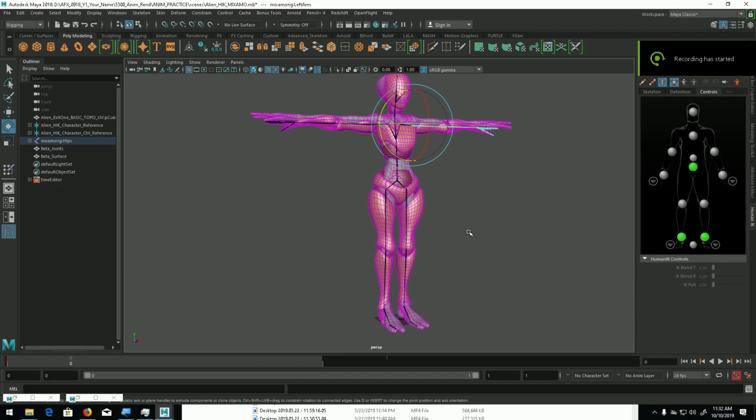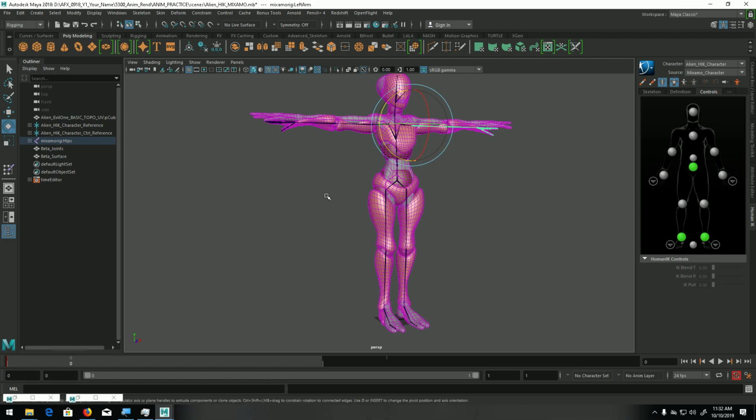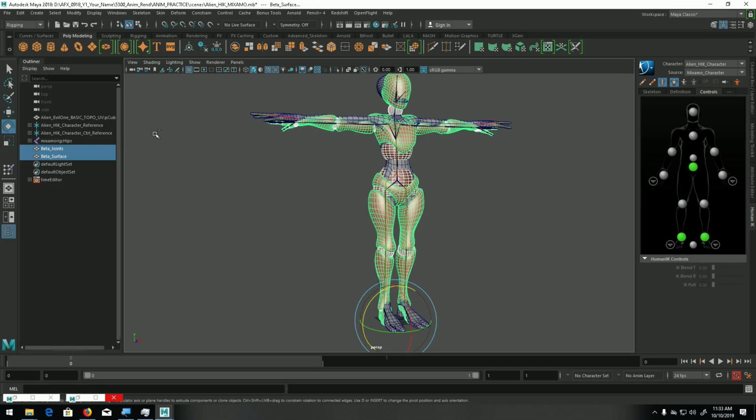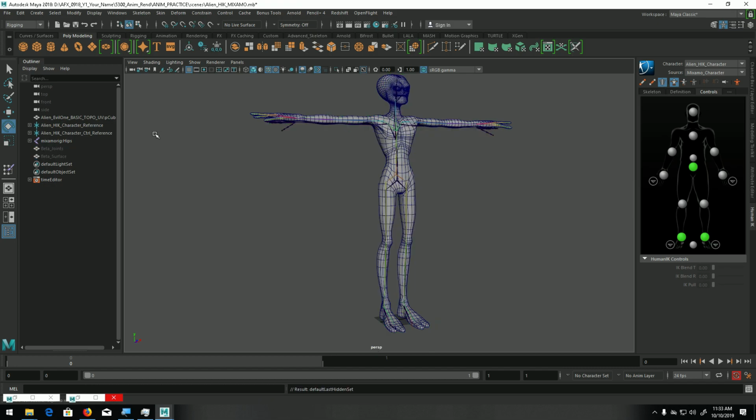Okay, so now we have our alien character rig, controlled by the Mixamo character. Now we'll try to apply the downloaded animations to the Mixamo character, and hopefully it will drive the alien rig. For this purpose I will select and hide the geometry,